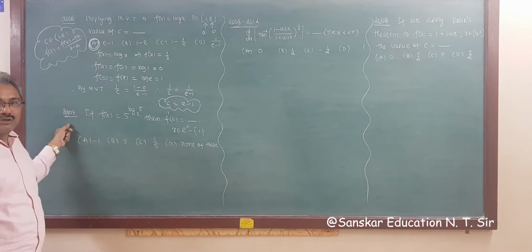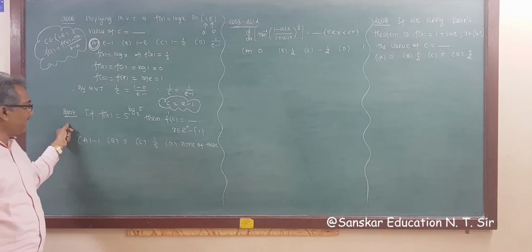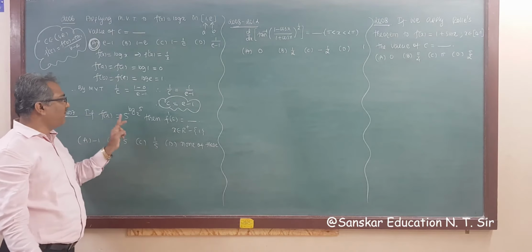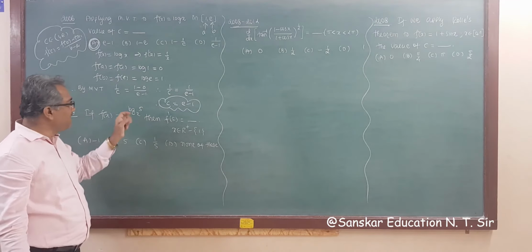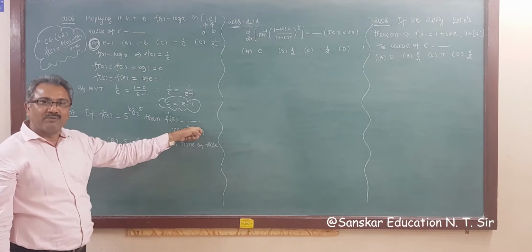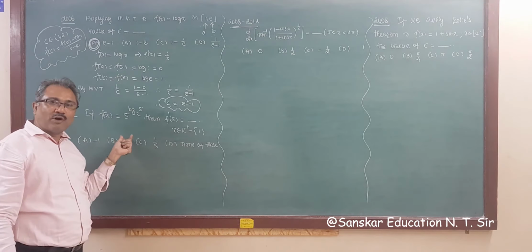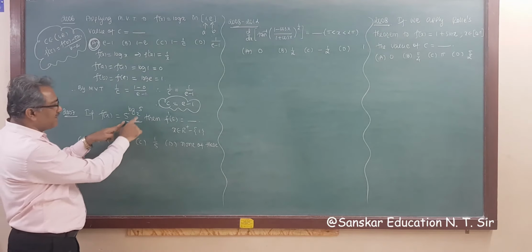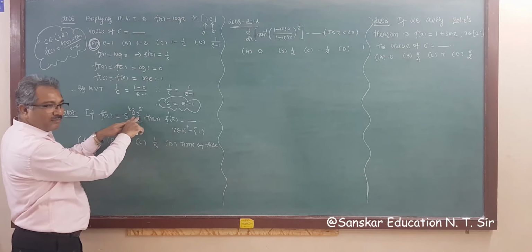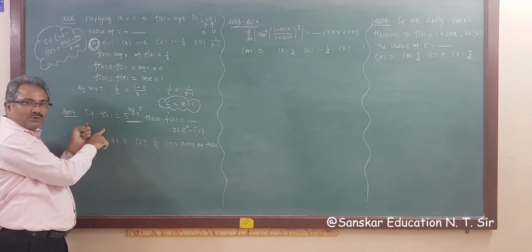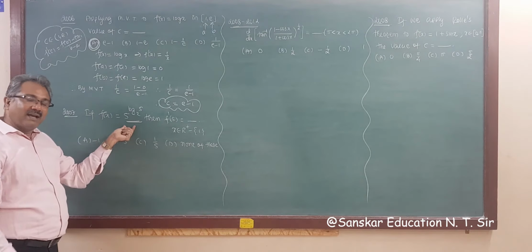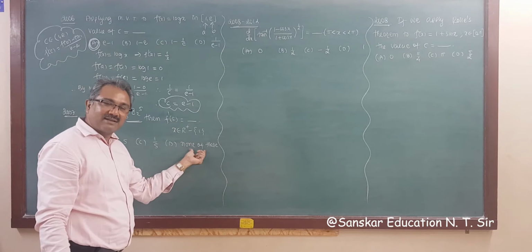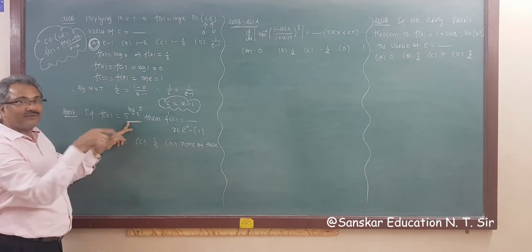Now this question is from the 2007 exam. If f(x) is equal to 5 raised to log 5 base x, then f'(5) is equal to. In the previous video of MCQ board questions, we made a mistake. We wrote log x base 5, but the original question is this one. So you have to change that question. According to that question, the calculation is right. There we got none of these answers, and here we are getting a different answer.